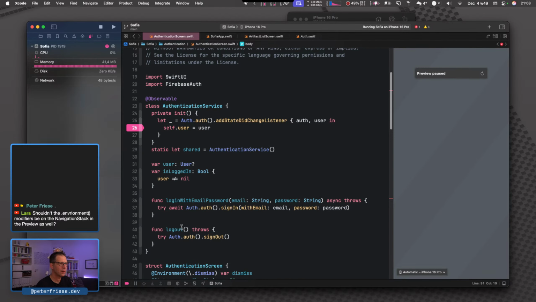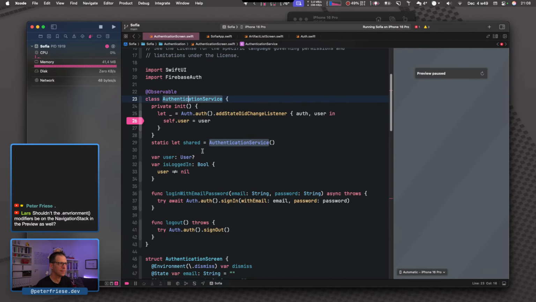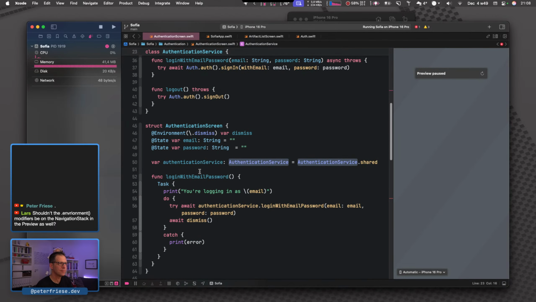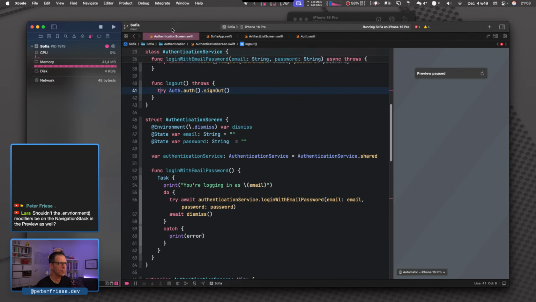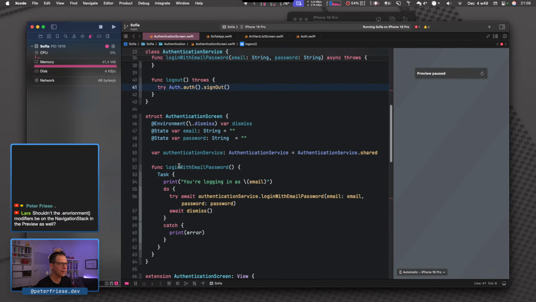No, this is inside the service. So inside the service, I'm happy to throw, but inside the view, I don't want to throw. So what I'm going to do here is func logout.